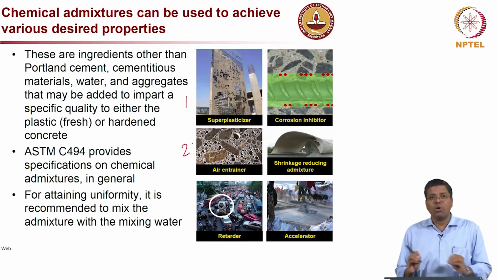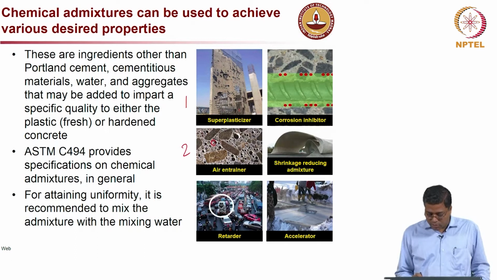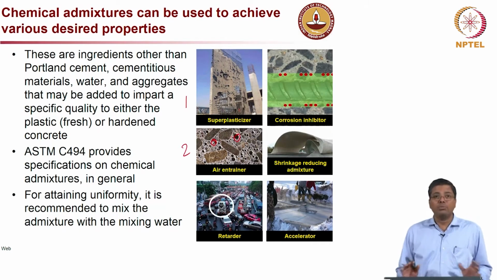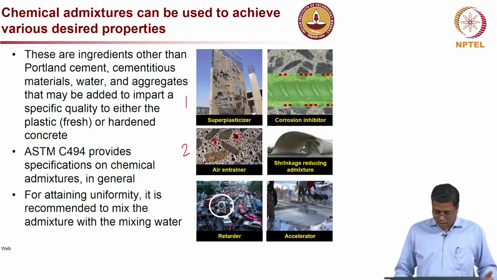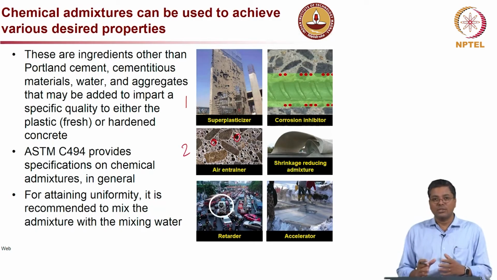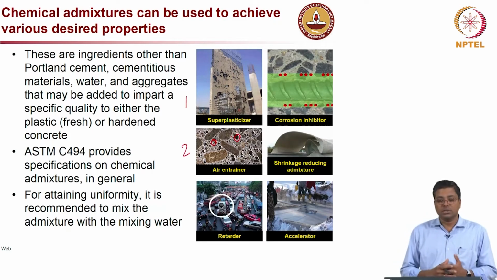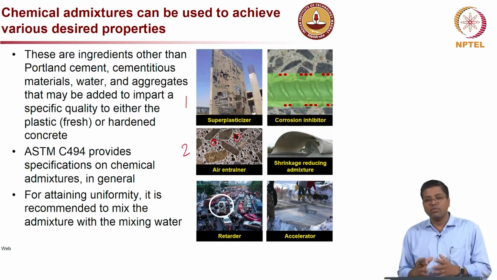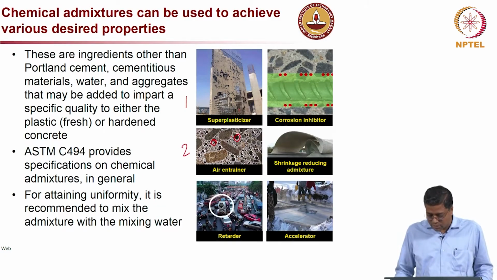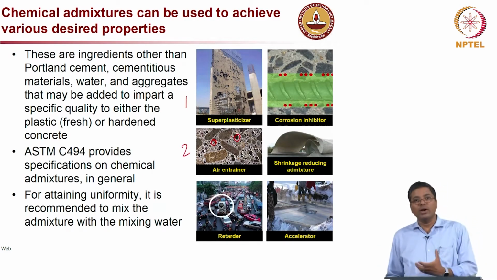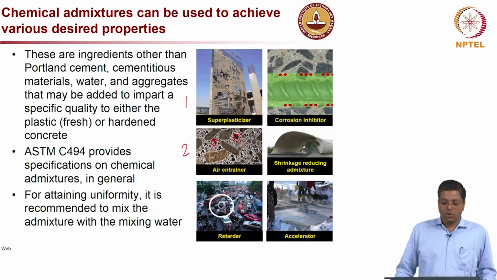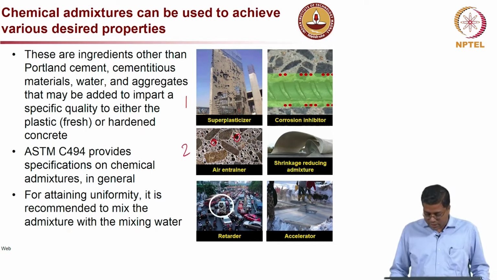So, you introduce small air bubbles, as you see in this picture, these small black circles which are all air bubbles introduced into the concrete by these air entraining admixtures. They help in providing sufficient space during the winter when water gets into the concrete, starts expanding and tries to become ice. During that expansion, if there are no air voids, then you will have significant expansive stresses. That can be avoided by providing these small air bubbles in concrete. We will talk much more in detail on that in the next lecture.